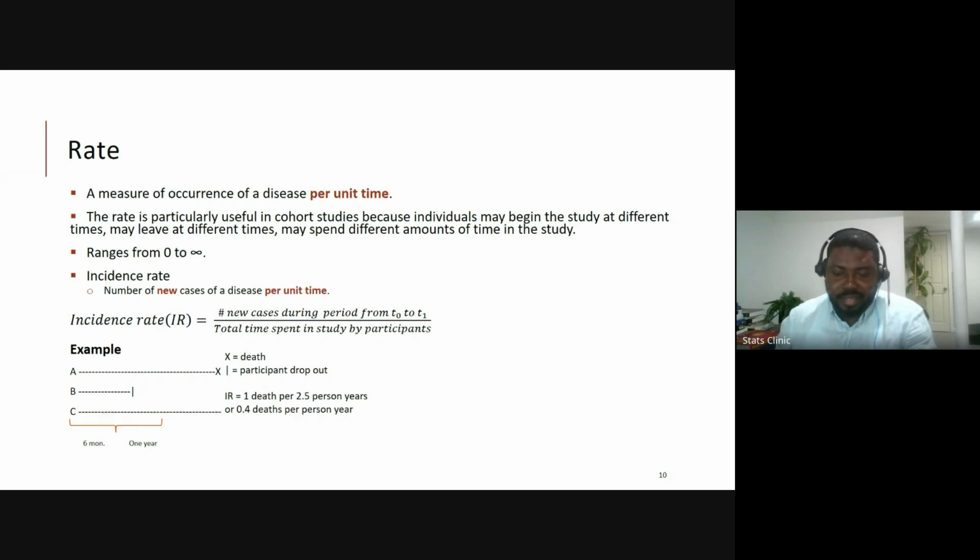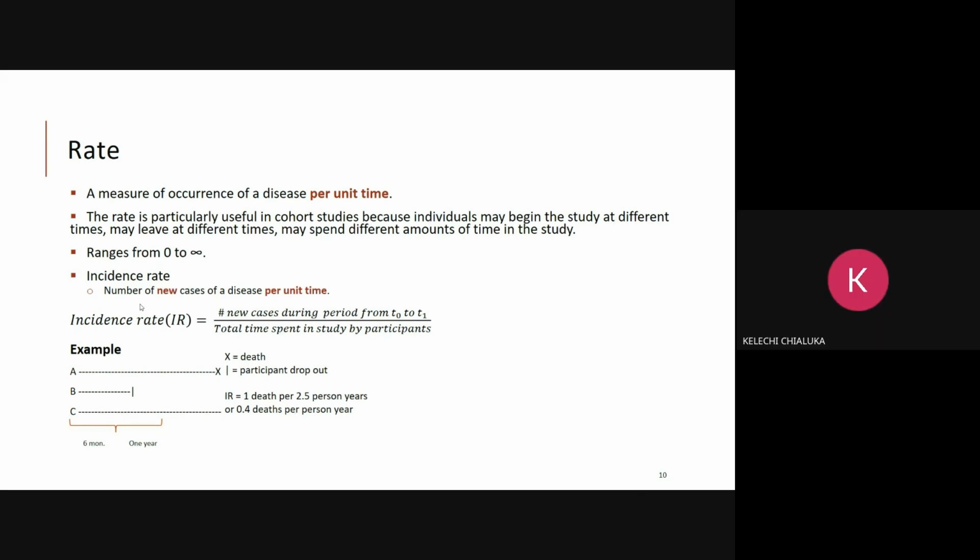But that's a rate. A rate is really a measure of how quickly something is happening. And rates are really important. They're intuitive to us because if a disease is spreading very fast, a rate is what will help you to get a grasp of how quickly this is happening and how quickly you need to run. Okay? Okay, thank you. You're welcome.